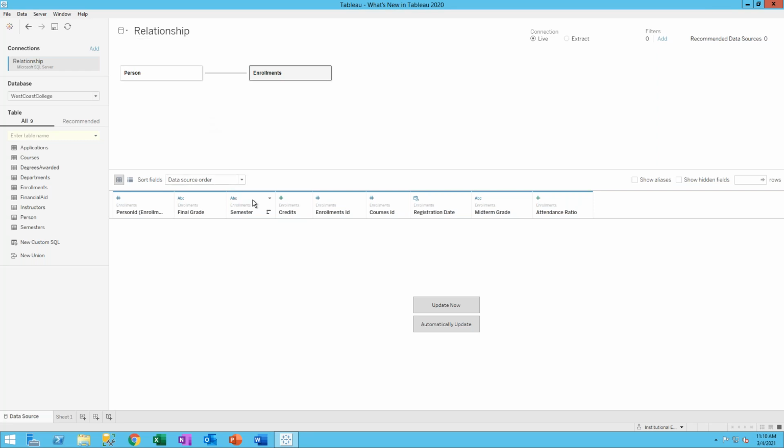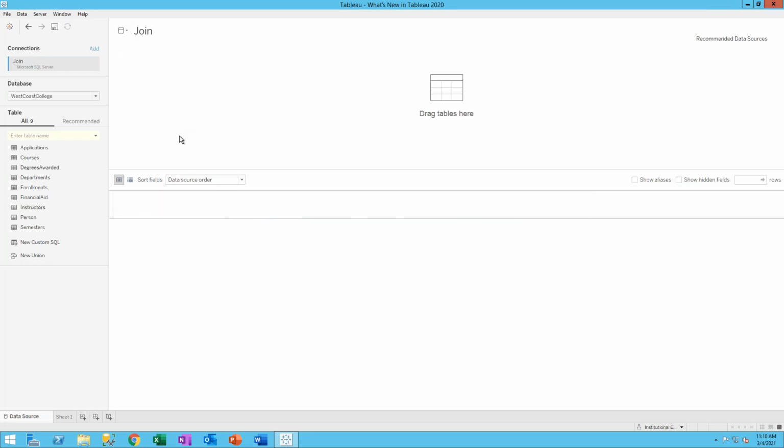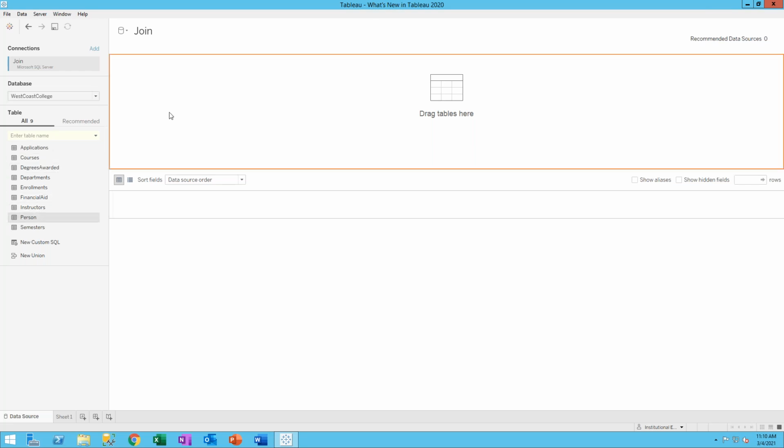Okay, so let's look at how to add a traditional table join. So this is a relationship, and again, all the records from each of the tables. I'm going to move to another connection that I have here, and I'm going to demonstrate how to do a join. A traditional table join is what I refer to it here in this session. So now we'll start the same way, right? We have a connection back to the same database, West Coast College, and we're going to drag person table onto the canvas,